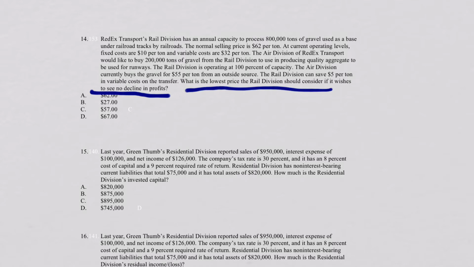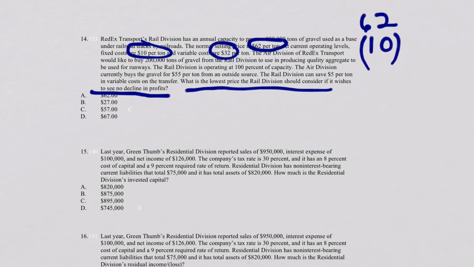Going through the problem, it tells us that it has annual capacity to process 800,000 tons. Okay, that's good. And the normal selling price, and this probably is the important fact, $62 per ton. At current operating levels, fixed costs are $10, variable are $32. So for each $62 that they sell, we got $10 of fixed. We got $32 variable per unit, and it's going to leave us a profit of,